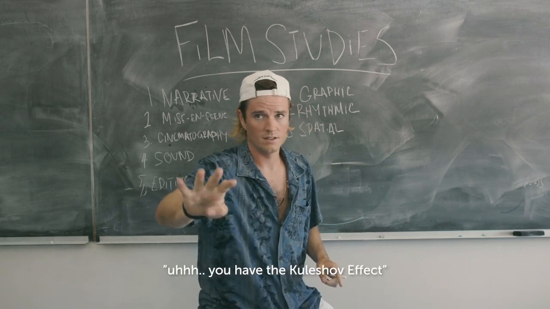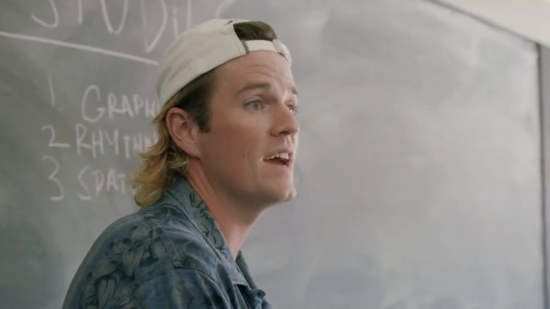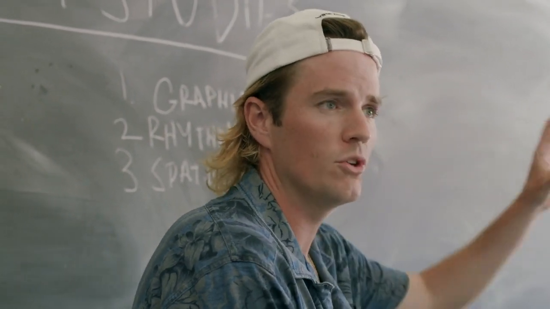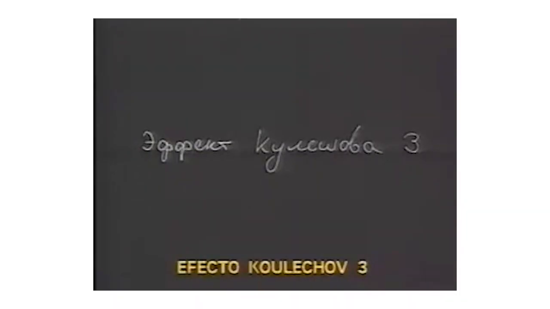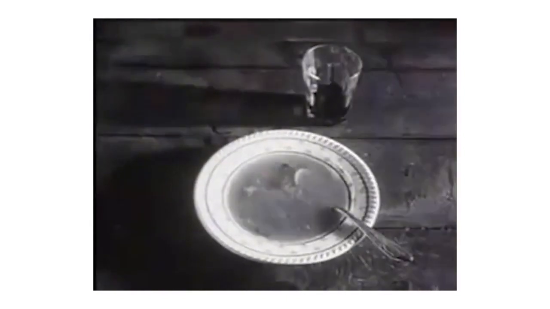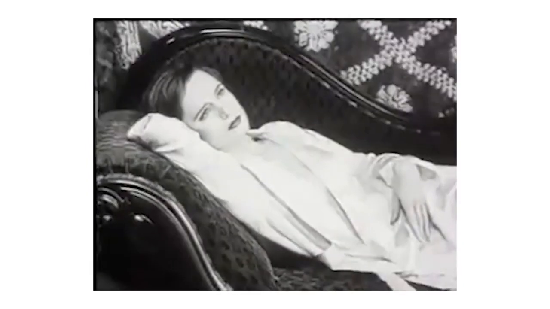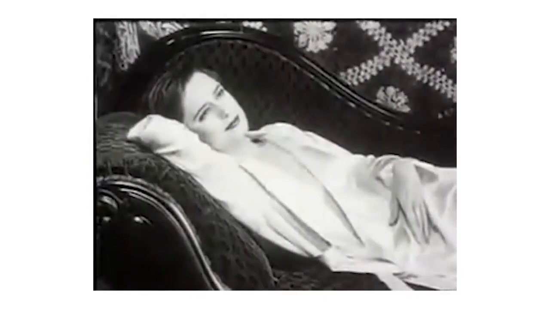Okay, number 4. You have the Kuleshov effect. Oh my God, the Kuleshov effect was invented by this guy, Lev Kuleshov, a Russian film student. And here, I'll show you like an image, a picture, we'll pull that up. But what he proved was that the relationship between two shots can create a meaning that doesn't exist in each one of the shots individually. But that's the Kuleshov effect. It shows that the audience will create in their mind an understanding of the relationship between two shots that doesn't actually exist. So it's a really kind of unique technique that you can use as an editor. That's pretty spicy. Okay, let's keep going.